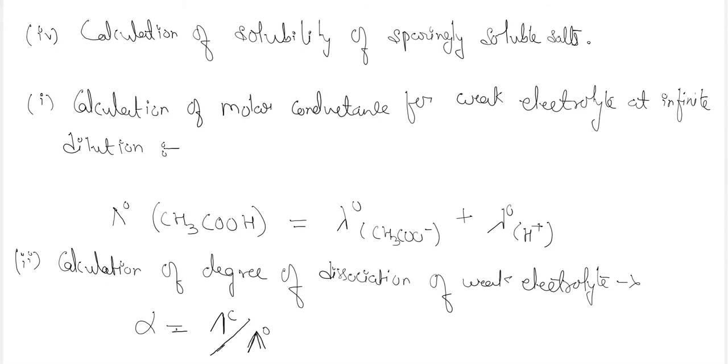By using this formula, we can easily calculate the degree of dissociation, where lambda C is equal to the molar conductance of weak electrolyte at any concentration,